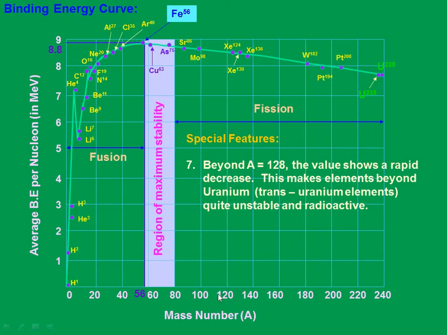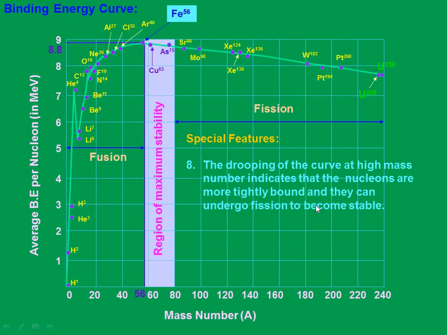So after this A value of 128, these elements have a wide variation, and that's why we call them transuranium elements, and they are quite unstable and radioactive. So in the fission process they will be, okay, plutonium, radium, thorium, all these are examples. The dropping of the curve at high mass number indicates that the